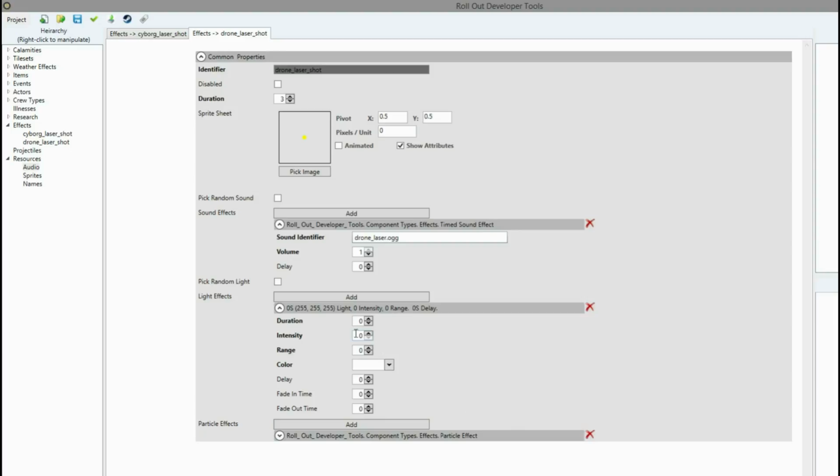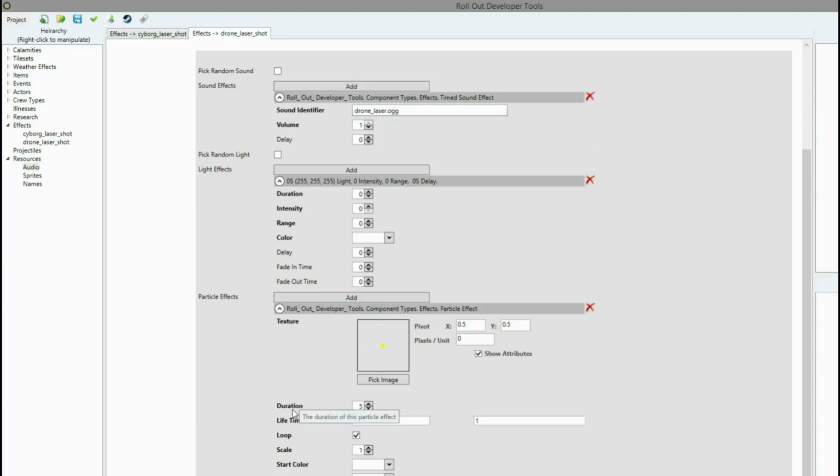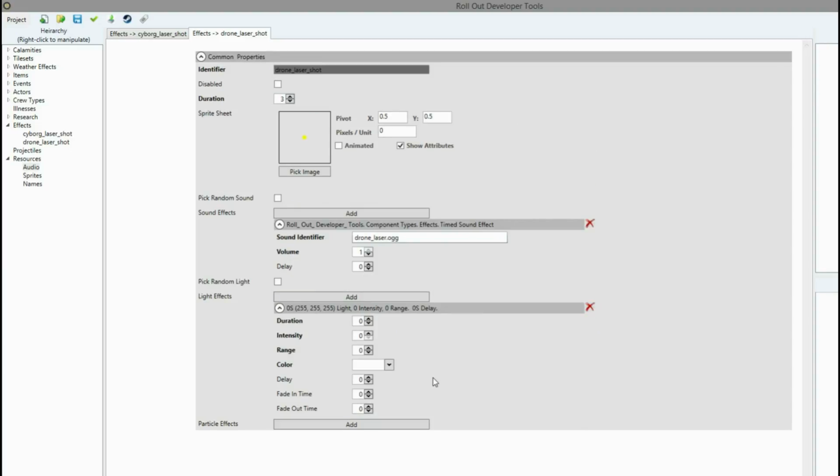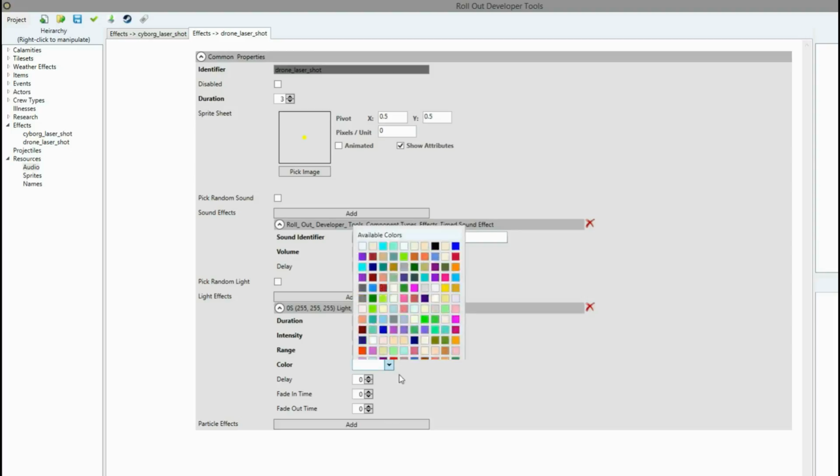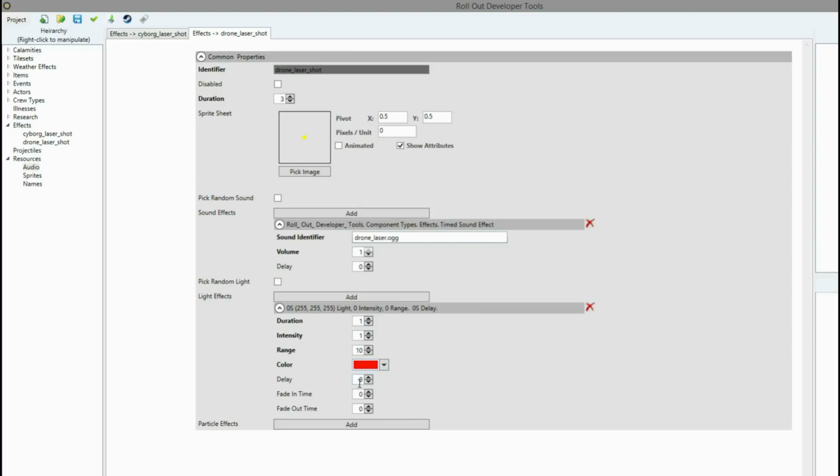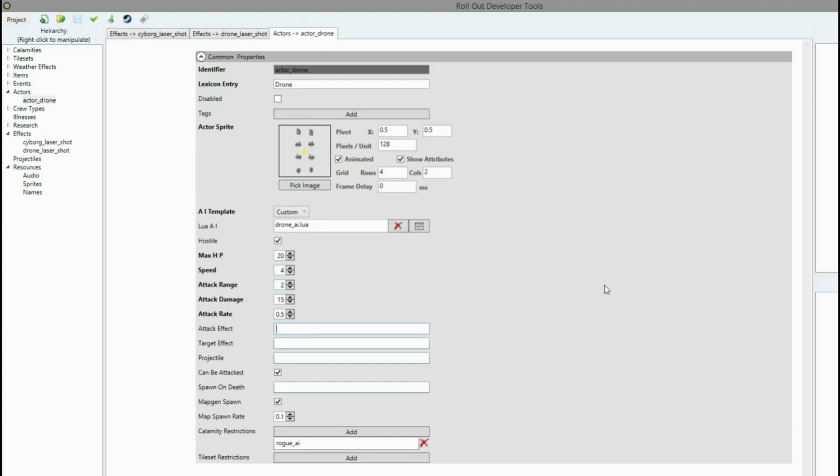However, again, just reminding you, you can hover over any of these to see what they do. So when particle effects are officially working, you'll be able to see how everything works. For this one, we're going to do the same thing. Intensity 1, range 10. However, this one's going to be a red burst, no delay, 0.2 and 0.8. So there's our effects. Now if we go to our drone actor, we can now